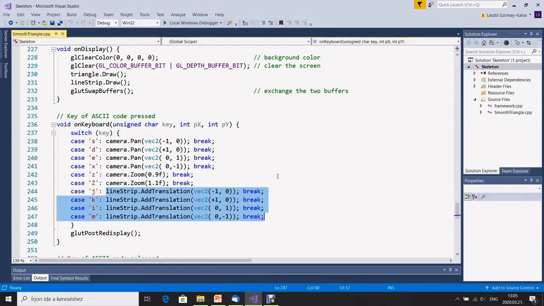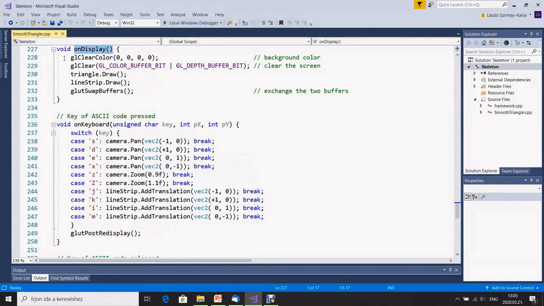Therefore, we should re-render the scene immediately to immerse the user in that virtual world. So that's why we invalidate the application window, and as a result, OpenGL and GLUT will force this onDisplay function to run,